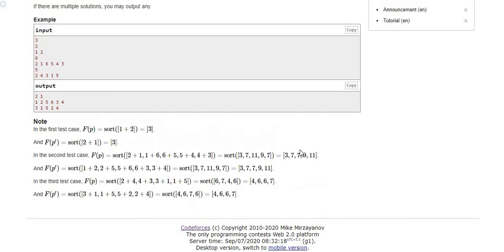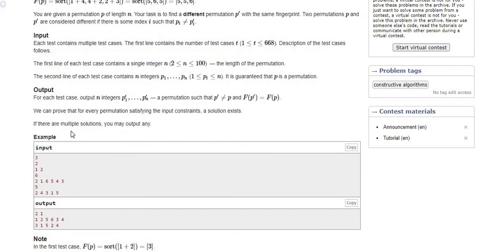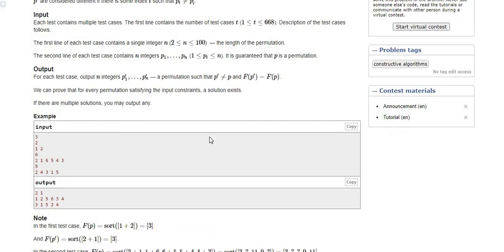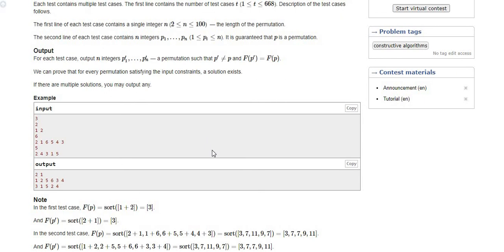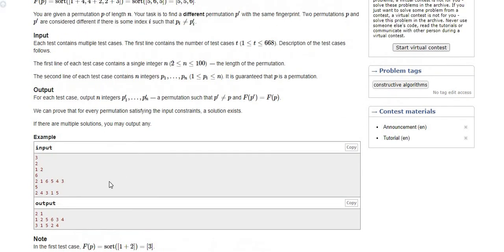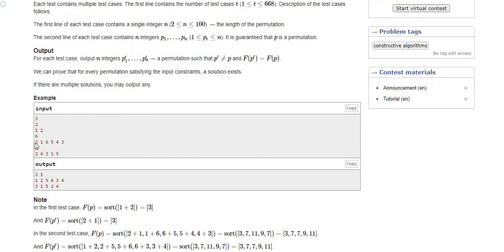Here they have mentioned that if there are multiple solutions you may output any of them, so it is acceptable. We could shuffle the elements in any order, but that is a tedious process.